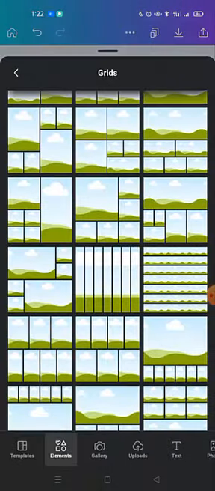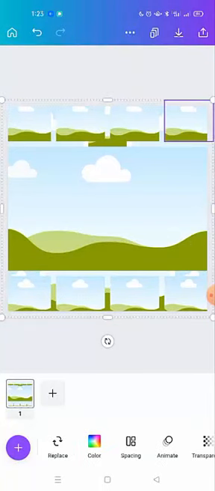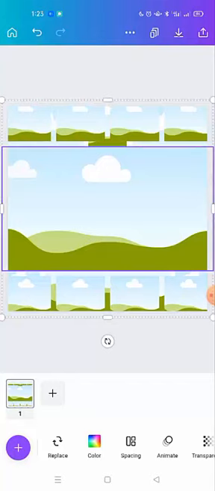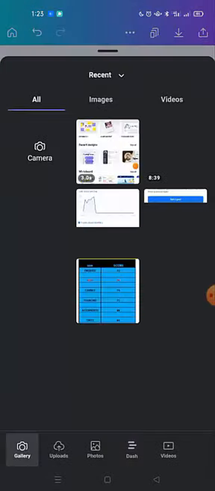So, assuming that you're trying to make a design for someone who wants to showcase a bit of their goods or wants to sell some stuff, and they want to input price and their brand name and all of that, you can click on this and look for a grid that you think would be befitting. That's not a big deal. That means we're going to have about four product showcases, so we can replace them with, let's assume,